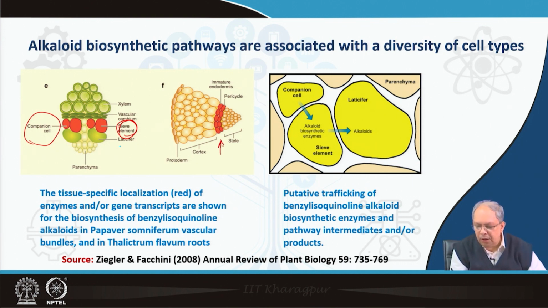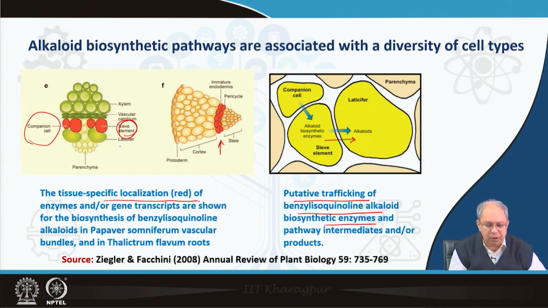The biosynthesis of these alkaloids operates in the phloem. From the companion cells it comes to the sieve elements, and from there it moves to the laticifer, the specialized cells which accumulate latex, and there these alkaloids are safely stored. This is basically the putative trafficking of this alkaloid pathway and its intermediates. And this is the tissue-specific localization of the enzymes and genes. This is very important,